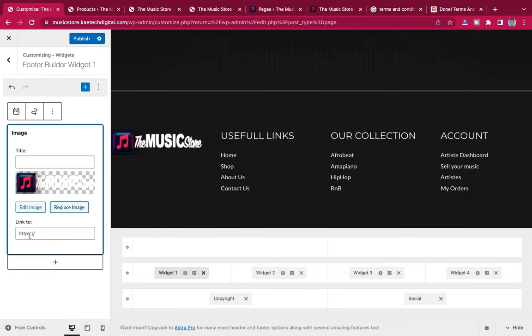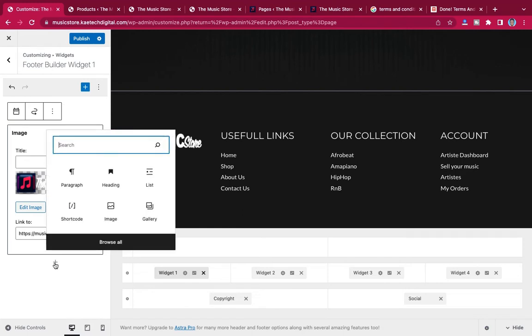Now I can decide to link it. Let's say I want to link it to the home page of the website, or even to the about page. Anyhow you want it, you can link it. So I'm just linking it to the home page, and then over here I want to add a different blog,